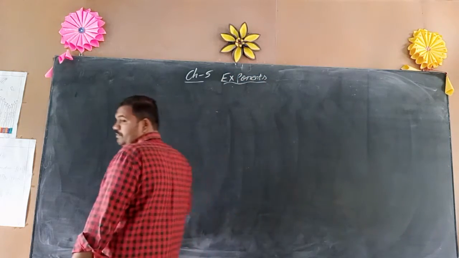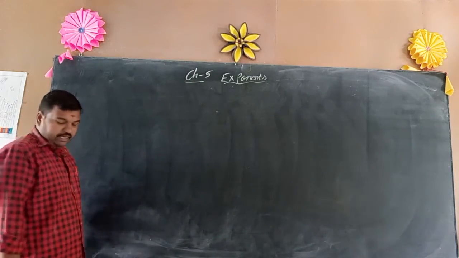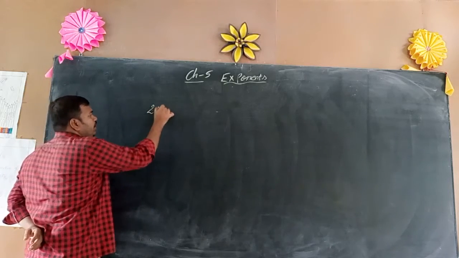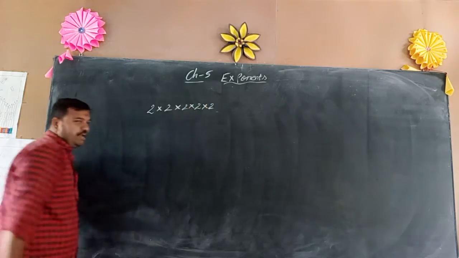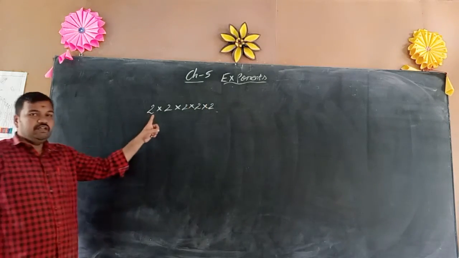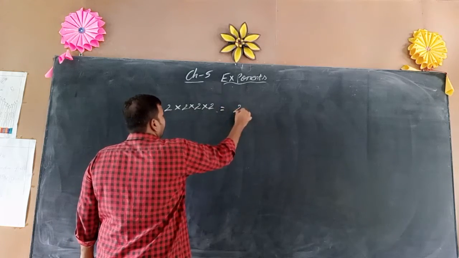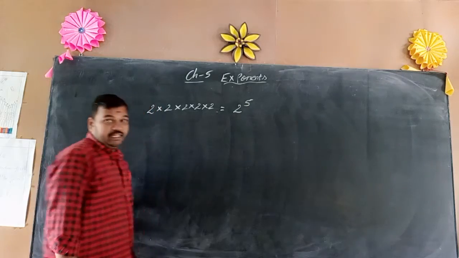What is called exponents? Exponents means powers. What are called powers here? We are having the powers here, which in the previous class we learned once. 2 into 2 into 2 into 2 into 2. Writing out the same number with multiplication, we can write it in the form of powers. That is 2 to the power of, how many times is it repeated? 1, 2, 3, 4, 5. 2 to the power of 5, we wrote that in the previous class.